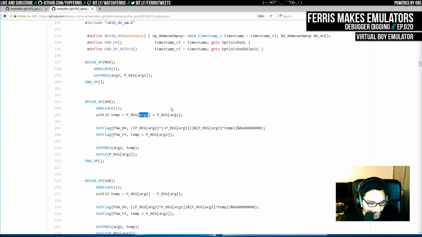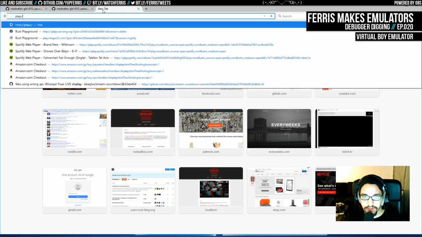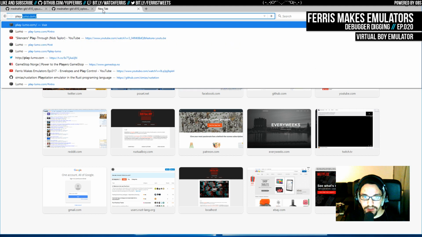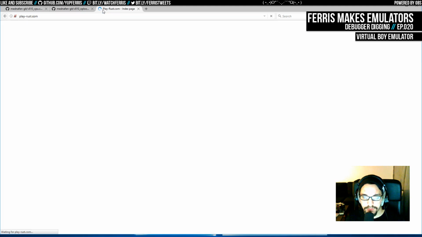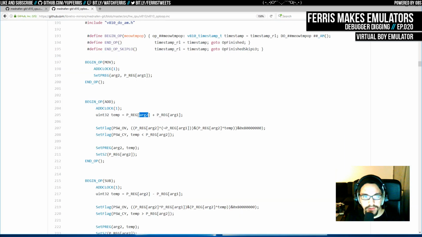F note, I think a negative float to an unsigned integer doesn't produce the expected result in Rust. I think I tested that specifically actually a couple weeks ago. Is it playrust.com? Nope. It's play.rustlang, isn't it? Yeah, actually it's